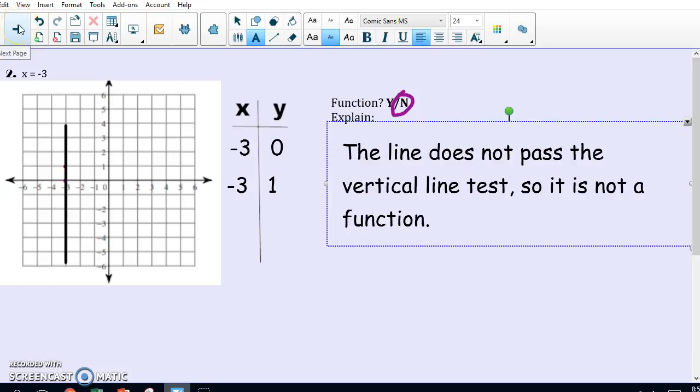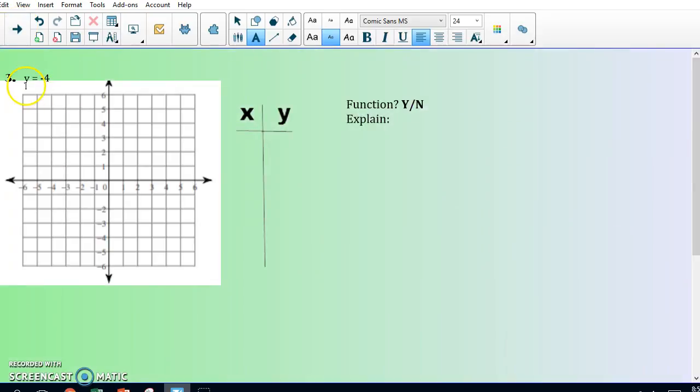Let's look at example 3. Here we have the equation y equals -4. So because of that equation, I know that my y values are going to be -4. So if I make a table with the y values of -4, I can put any x value down because I know that y is always going to be -4. So let's think of some x values. Let's say